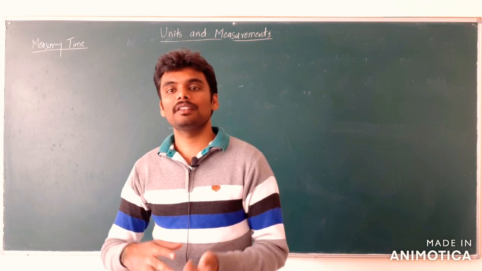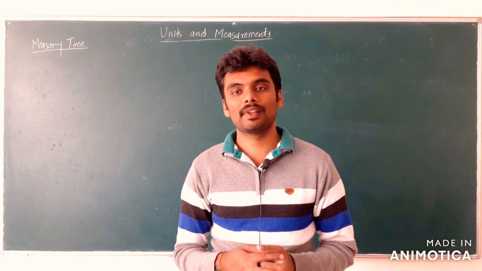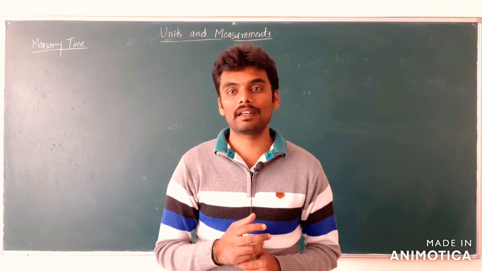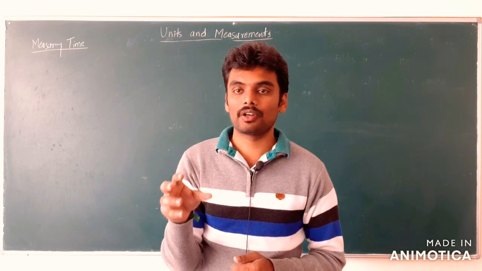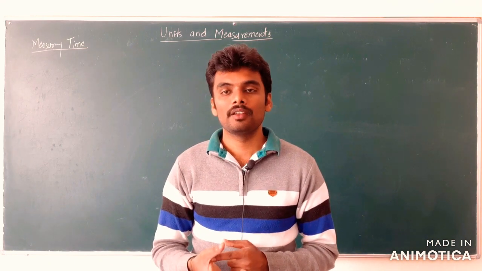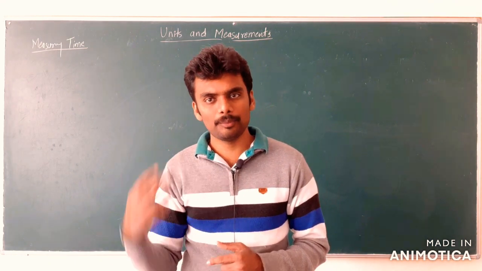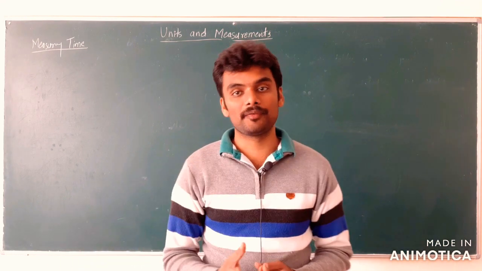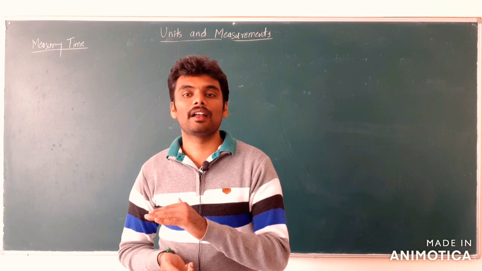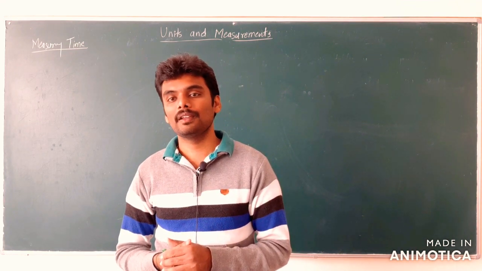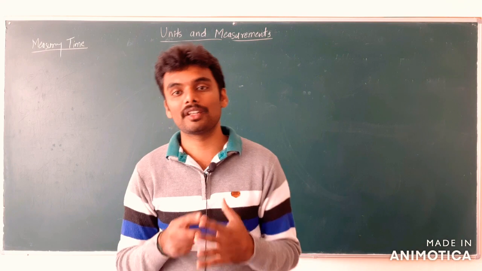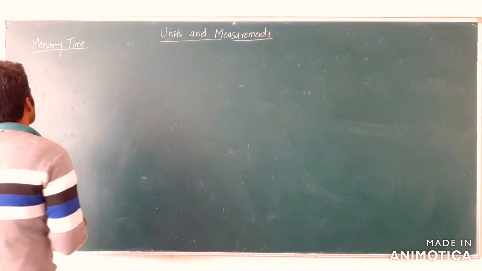Okay, then what is the large range of time? Large range of time in physics is the age of earth, entire earth, or age of substances, rocks or soil or water on earth. Even the age of planets, age of moon, age of sun, age of other stars. That is the large range of time. So we'll see what are the different methods that we use in measuring all these three ranges of time.